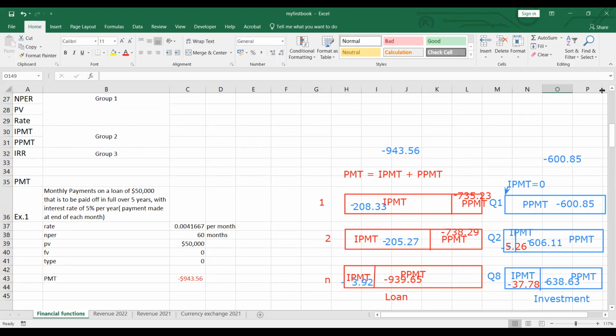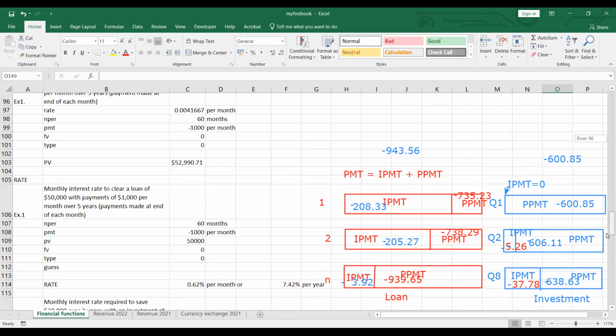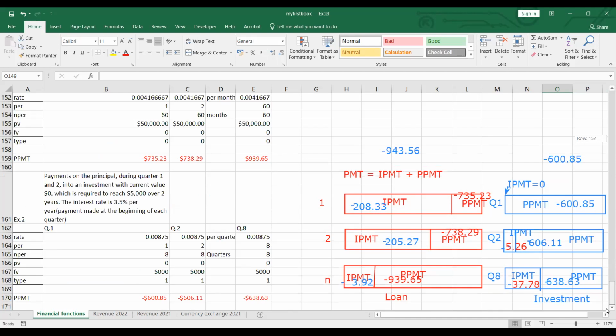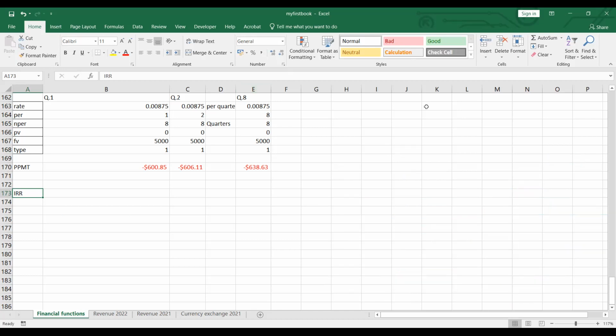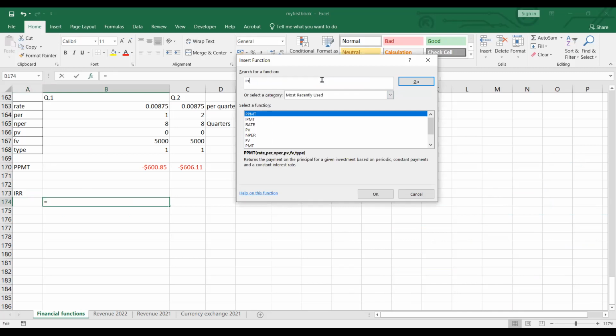The usage of the IRR function is different from these two groups of functions as well. IRR means internal rate of return. Let's see what the IRR function is used for. Let me clear out the screen first. Okay, so this one, let's see the IRR function. When we search for the IRR function here,